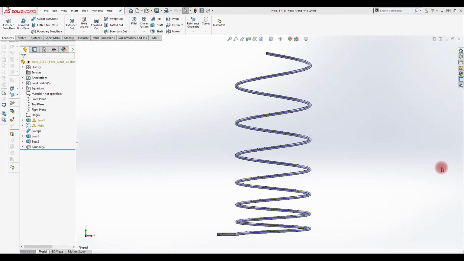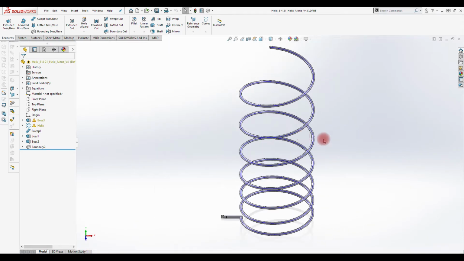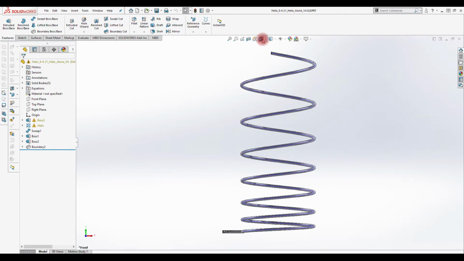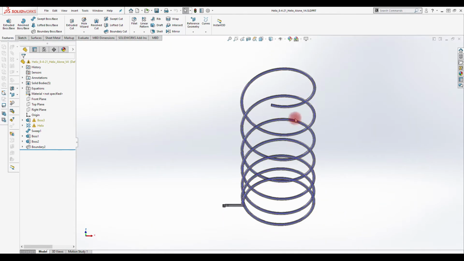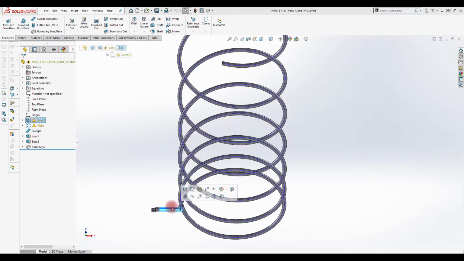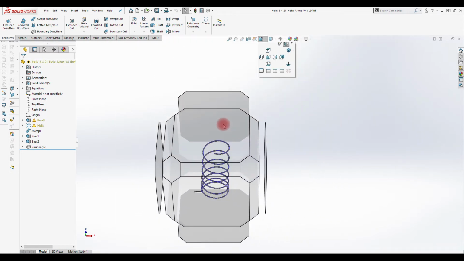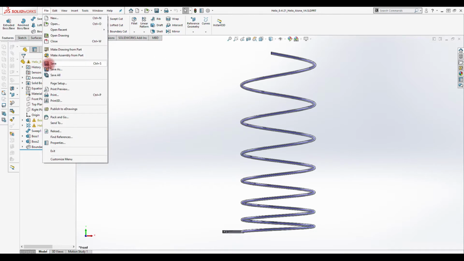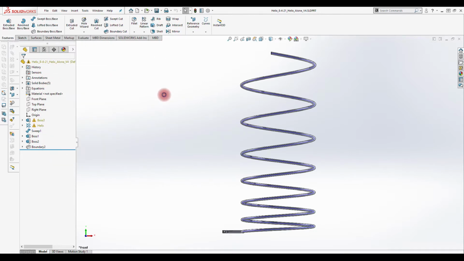This is the variable pitch helix antenna drawn in SolidWorks. This is the helix antenna, this is the feed and this is the mounting connection to the PCB board. We are going to import this into EM Pro. In order to do that, first save this file as a .sat.